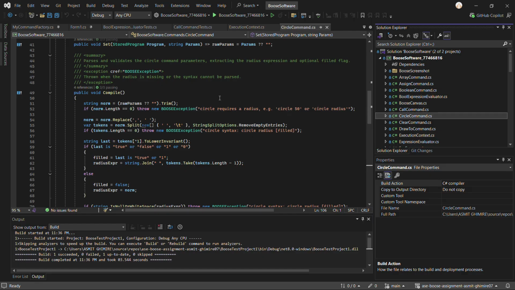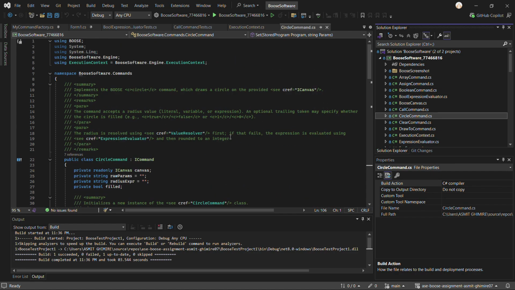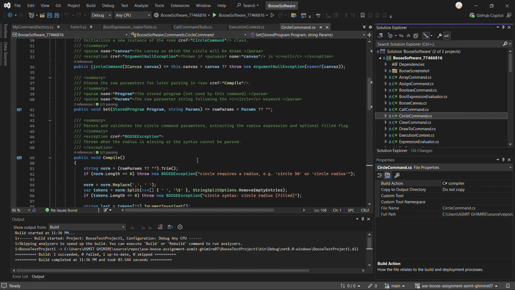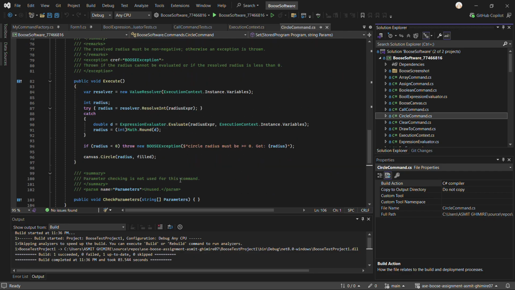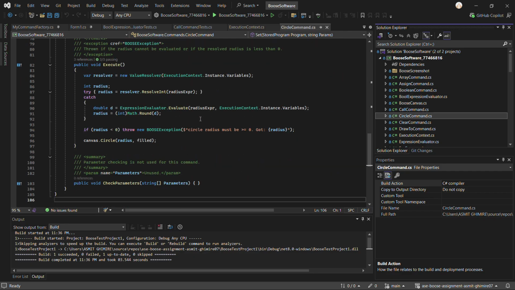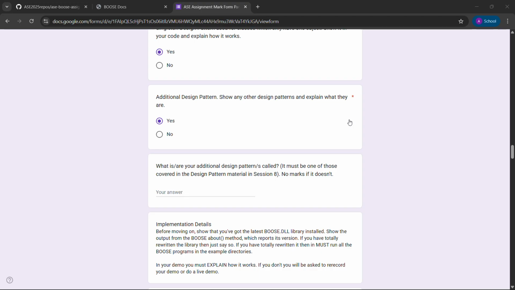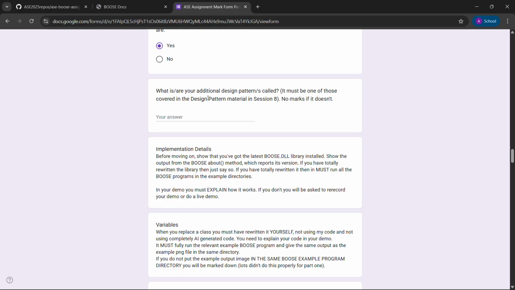As you can see over here, this is an example of the circle command, which implements the ICommand interface and encapsulates its behavior inside the execute method, so that the parser doesn't need to know how a circle is drawn. It just calls execute on an ICommand reference. Moving on, what is my additional design pattern called? The additional design pattern is called the command pattern.